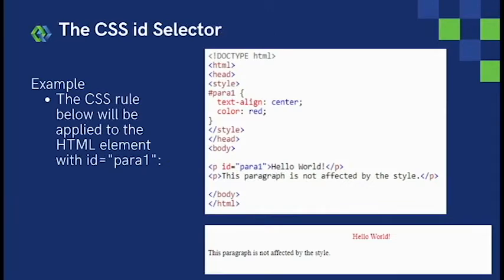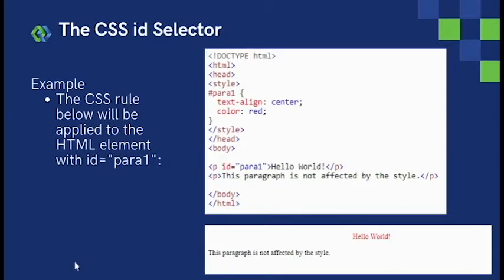So for this example, the CSS rule will be applied to the HTML element with ID para1. So in the HTML, we use the ID. In this case we use para1. So in the CSS,